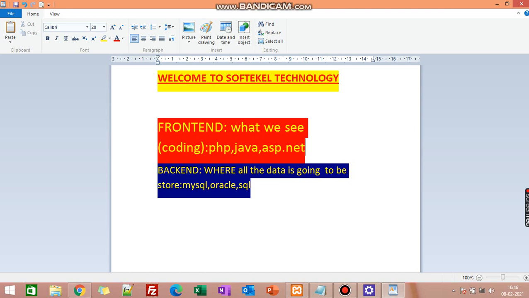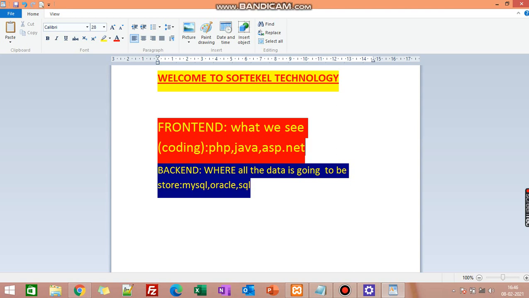But the back end is different. We do login, sign up, and register daily. But how do we do it? We do it by coding itself, obviously with the help of the front end. But have you thought about where all the data will be stored? When we fill in the sign up form on Facebook or anywhere else, we enter name, address, age, and press the submit button. Do you think about where that data has gone?